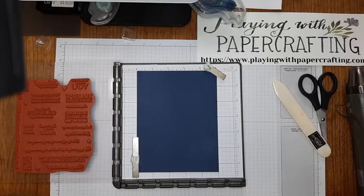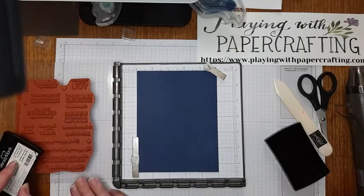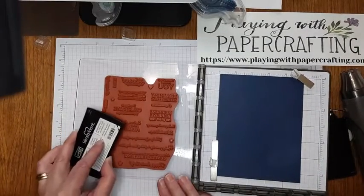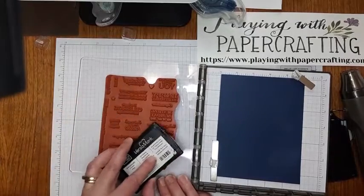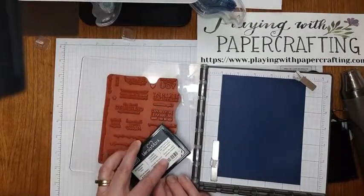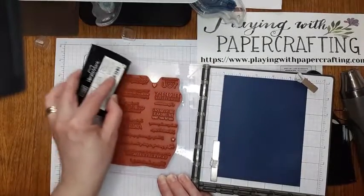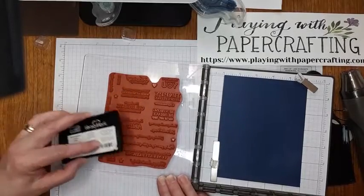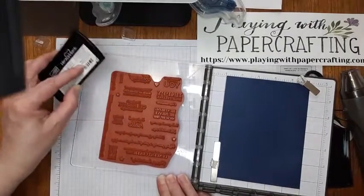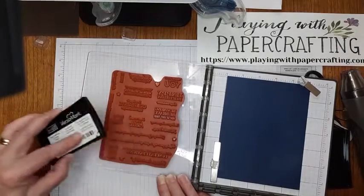Okay, so I'm going to use Versamark, and I'm just going to be very, let me move it over so you can see what I'm doing. I'm just going to be very light in this area. A little bit more pressure in this more densely populated area here. Lighter up here. And it's sometimes hard to know, especially when you're using Versamark, if you've got everything covered. But the thing is, if you don't get it the first time, you've got lots of sentiments here that